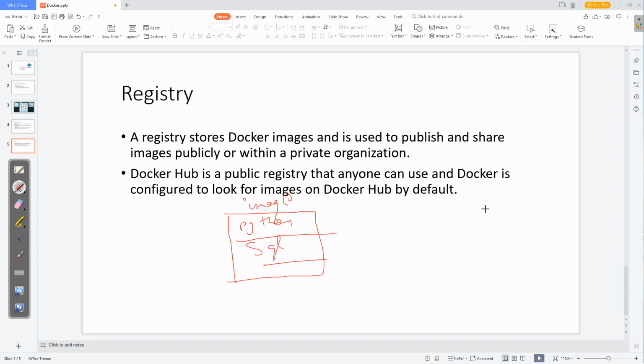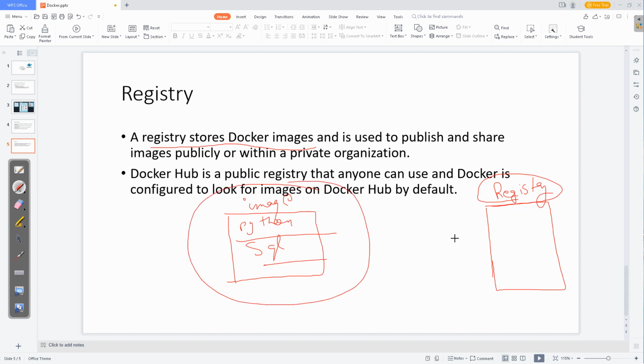Just like GitHub is storing the code and making your code available to the public, which you can access, there is an image repository, or you can say a registry. Just like a repository for code, there is a registry for images, where a registry stores a Docker image. So one time you write this code, and you want to reuse this image again and again